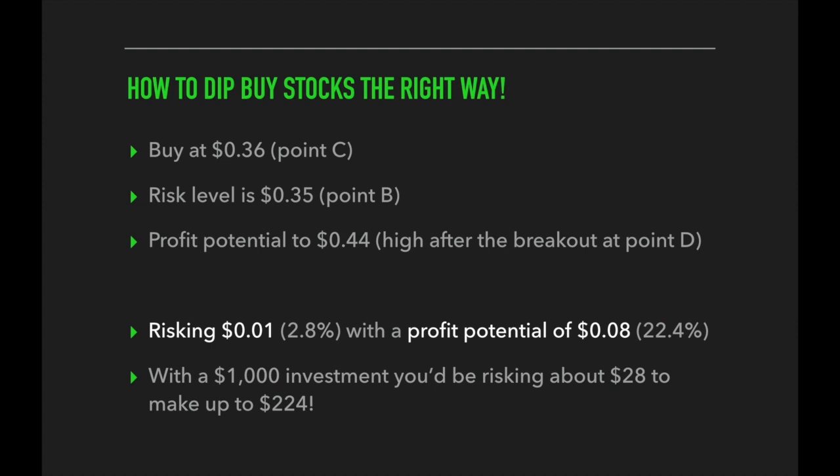So in this example, we would only be risking 1 cent per share, which is about 2.8%, with a profit potential of 8 cents per share, which is 22.4%. So with a $1,000 investment, you'd be risking about $28 to make up to $224. And that's the reason why this is such an effective way to dip buy stocks, because many times there is a much, much smaller risk than there is potential reward. And again, this can be a very highly accurate way to dip buy a stock. So I highly recommend when you're doing your analysis,